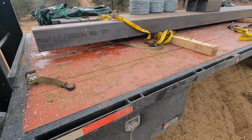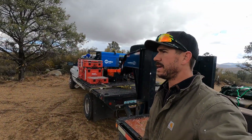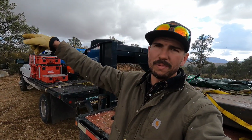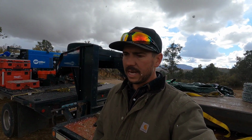Initially, I had said that I was going to unload the material and start stacking it up. Plans have changed a little. The weather has rolled in. As you can see, we got these little snowballs coming in. It's not really a big deal working in the snow, but it is. The storm is over there and it is thick. And so instead of getting hurt dealing with this heavy steel, trying to move it around when it's getting slippery,